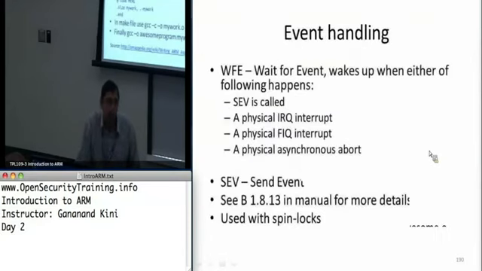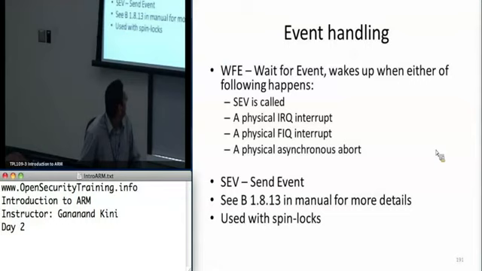All right. So next, since we have dealt with assembly, we also can't leave event handling alone. There are actually two instructions that will be useful for the next lab, and these instructions are used for synchronization. One of them is called wait for event, and all it does is put the ARM processor into a low power mode, and it just waits around